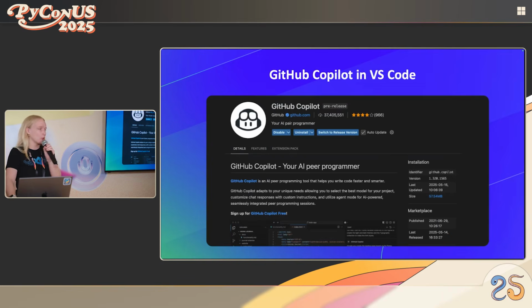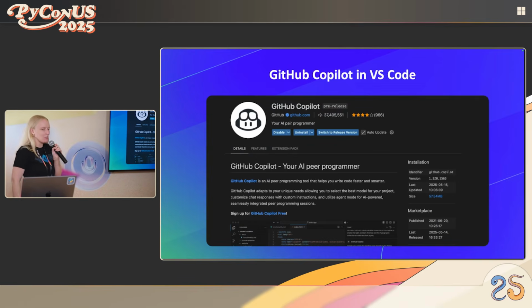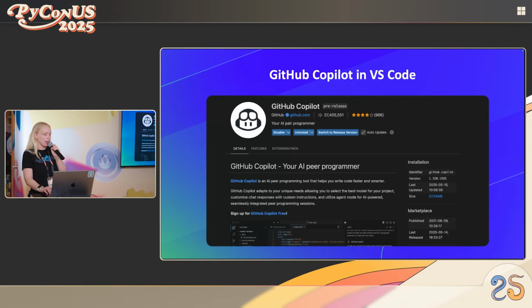So in the room, who here uses Copilot? Fantastic. Okay, great. We got some fans. To make sure we're all on the same page, let's do a quick review of